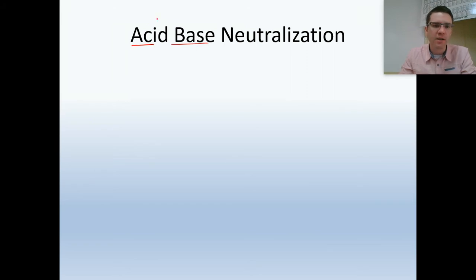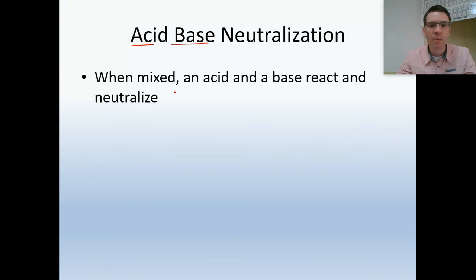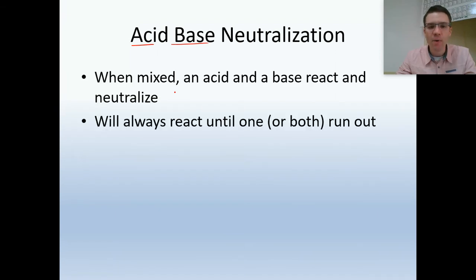So we take a pH that would be low for an acid and a pH that would be high for a base. We react them together and we get a pH in between. For a strong acid and strong base, that'll be a pH of 7. So when mixed, an acid and a base react, and they neutralize. They will always react until one or both completely run out, which might be a strange statement for you here